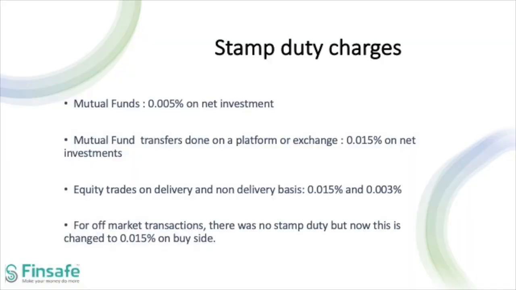So, what is the stamp duty and what is it going to be levied on? First and foremost, the stamp duty charges are as follows. For mutual funds, it is 0.005% of the investment. But if the same investment is being done on a platform or through the exchange, or if you're buying an ETF, for example, then the stamp duty is 0.015%. For equity trades on a delivery basis, the stamp duty is 0.015%. And for equity trades on a non-delivery basis, it is